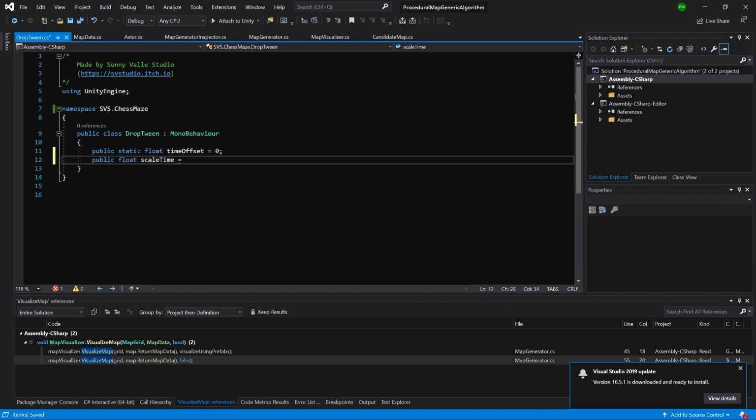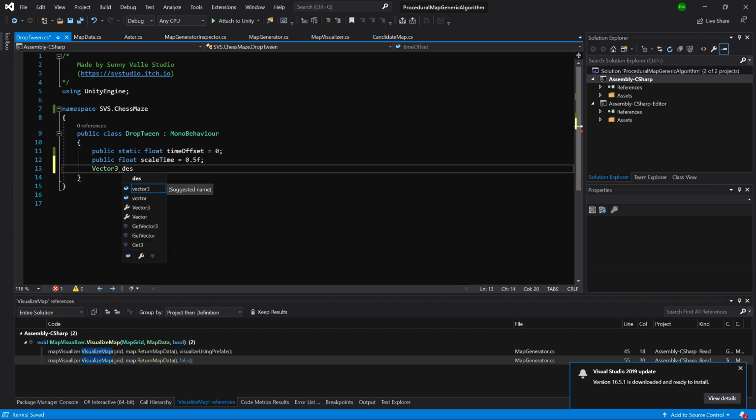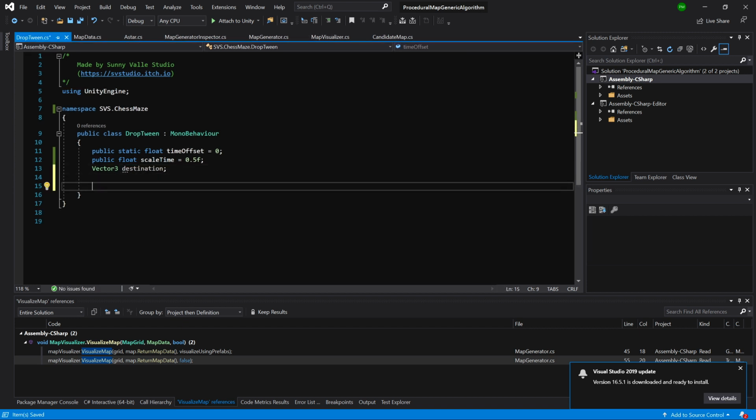This will be the basic time of the drop for our cells, and we can change it only through the script. We could expose it in a little bit different way, but for now let's leave it like this. Let's create Vector3 destination. Great. Let's call the Start method,